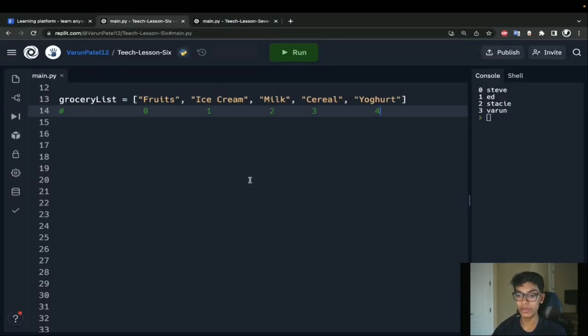How am I able to do this? Well, think when you're counting, you start at 1, right? 1, 2, 3, 4, 5. That's how I was able to tell there was 5 items in this list. Python, on the other hand, works a little bit differently. It doesn't start at 1, it actually starts at 0. So when Python counts this list right here, it says 0, 1, 2, 3, 4. So it's just how we count, but it's just starting one number before, starting at 0.